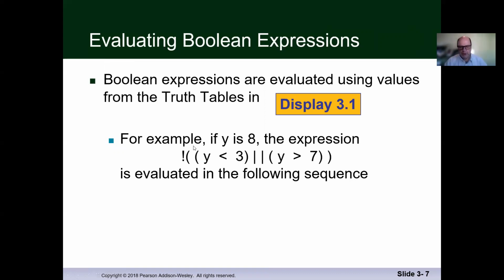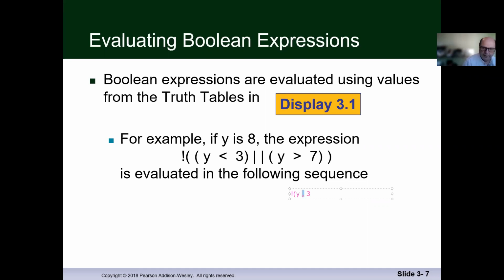So one thing you want to remember is, if I have a not here and I want to apply it to everything inside, my or becomes and. So this expression, if I want to apply the not inside, is going to be the same as not y less than 3